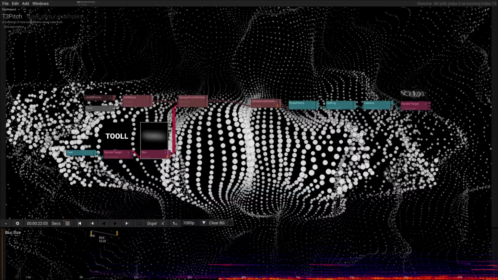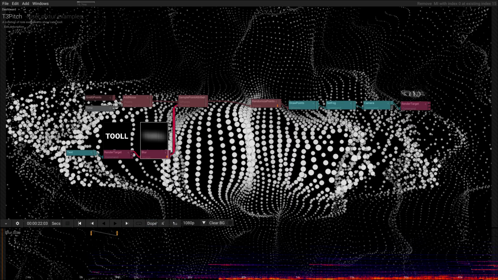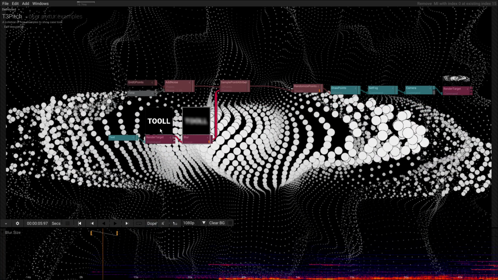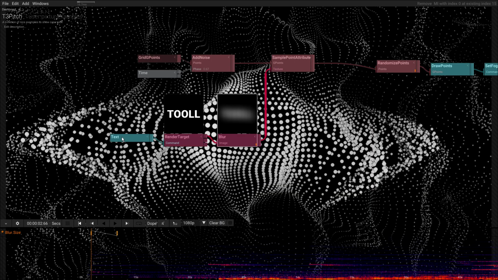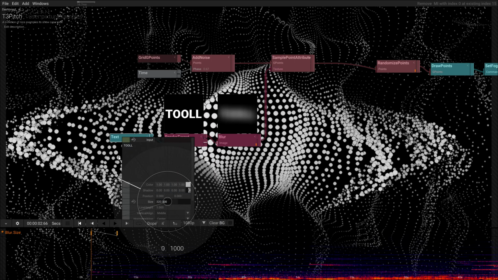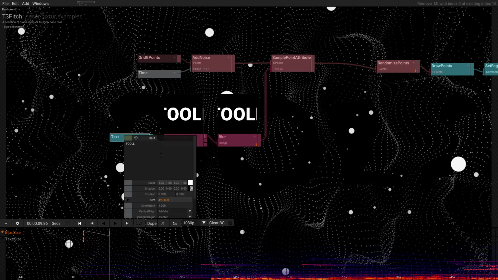Maybe keep this keyframe there, so it's easier to see. Then maybe we also animate the font size. So let's make it big in the beginning and a little bit smaller in the end.